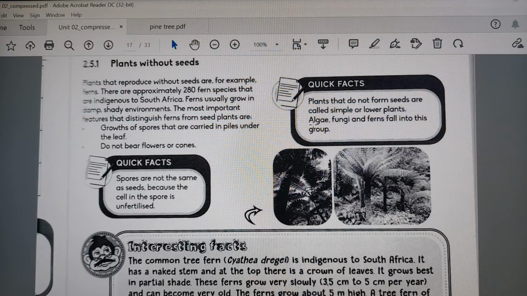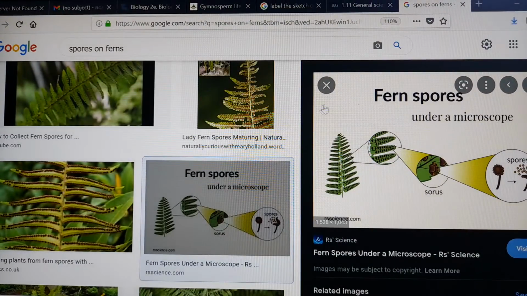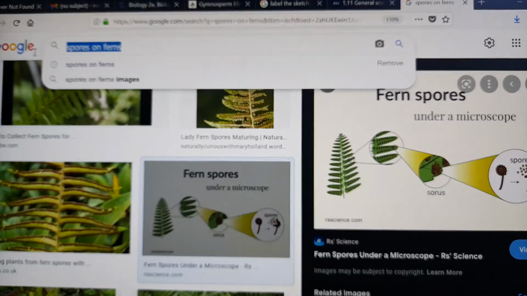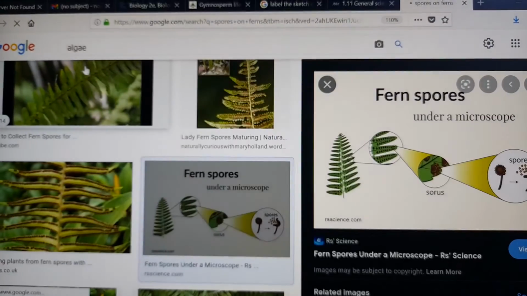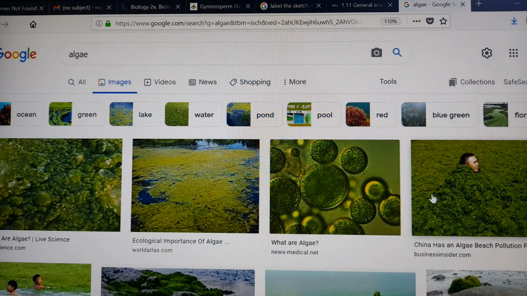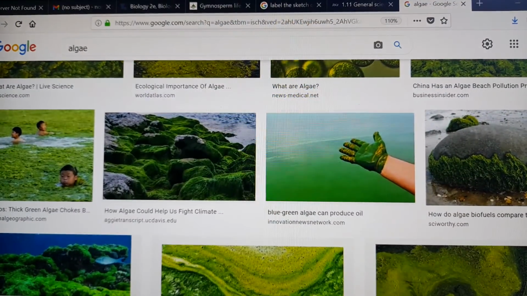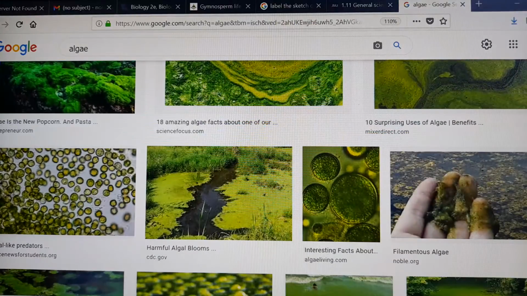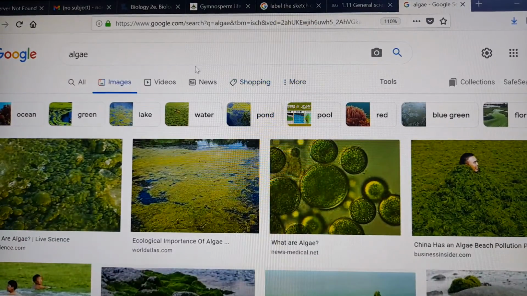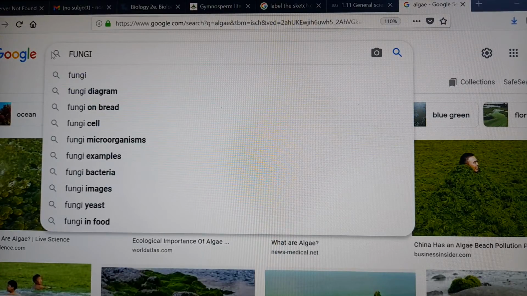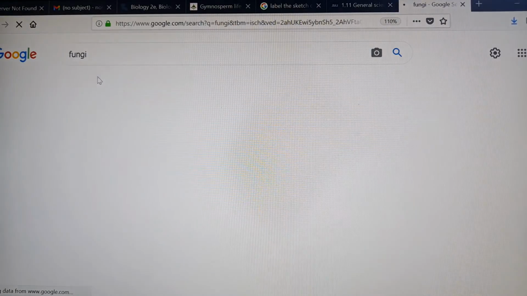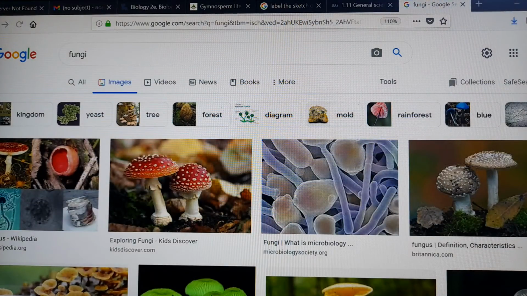This includes algae and fungi. Algae and fungi, I don't know if I've shown you algae, and oh, it was the other class. Okay, let's look at the algae. You see this green stuff that lies on watery places. Okay, you see, that's your algae. And let's quickly look at the fungi as well, so you know what we're talking about.